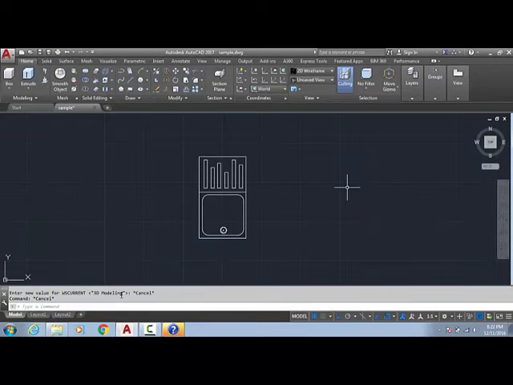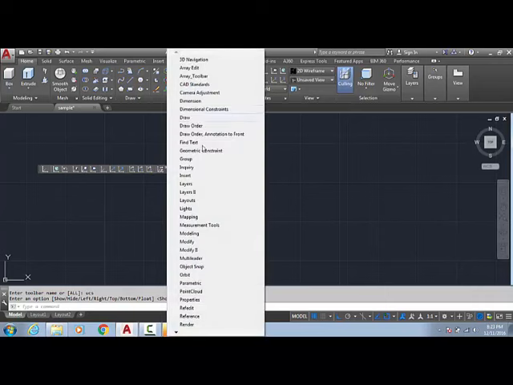So what you can do, type -TOOLBAR. Okay, enter its toolbar name. If you know any name, just put one name, that toolbar will appear here. So what I am going to do, one toolbar I remember, UCS I think. Okay, enter. Now I got the toolbar. Now right click here, and now you can get any toolbar here.